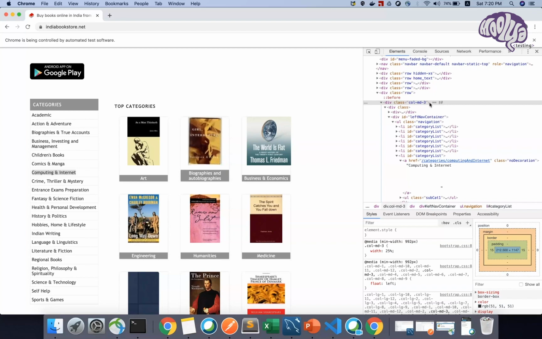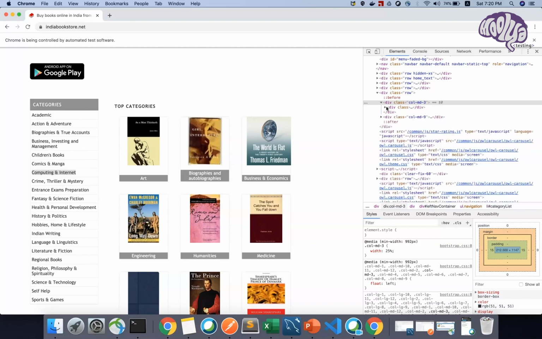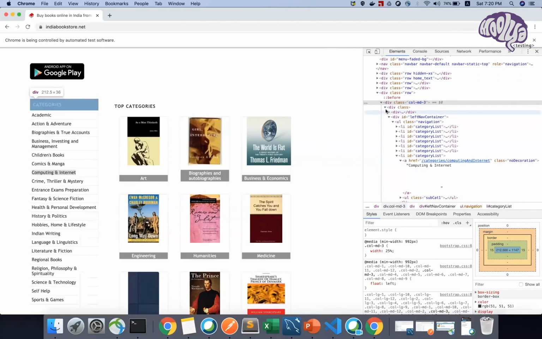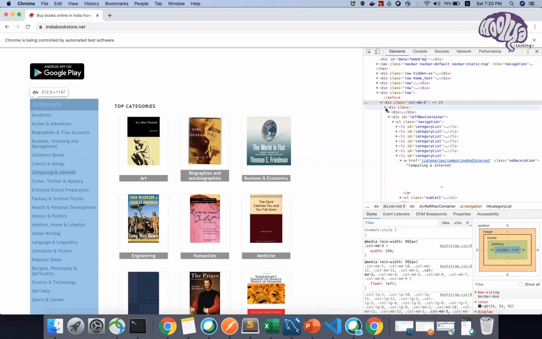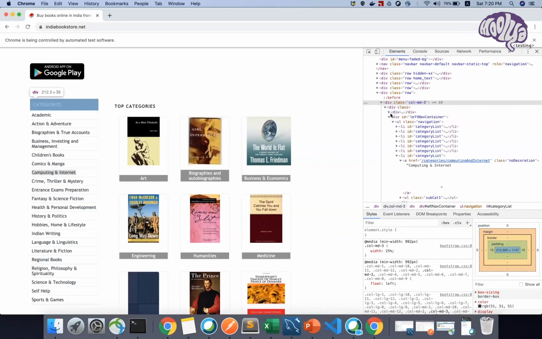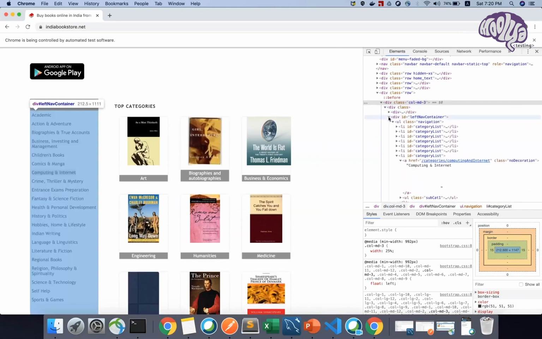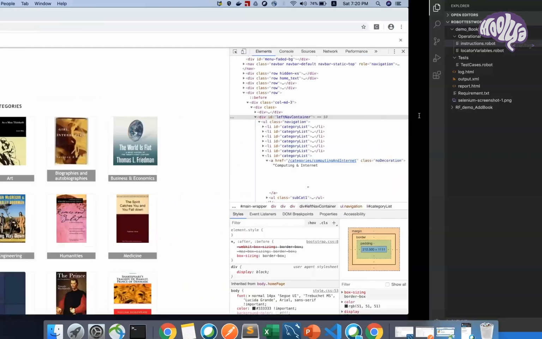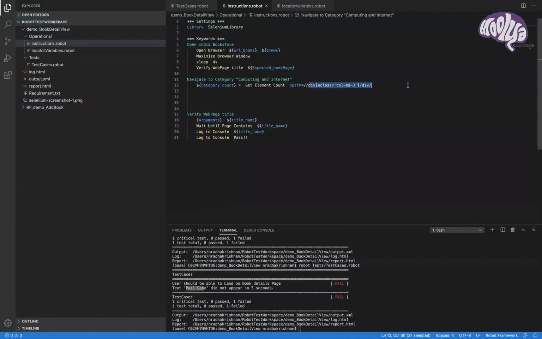And under this, we have only one division, and with one division, we have two divs. First is for the header, and the next one is for the left one. I can directly give, you know what, let me use this. Such confusions will come once you start with your XPath finding.